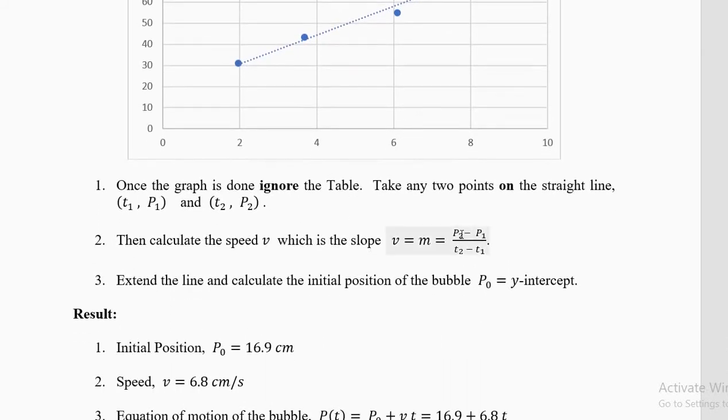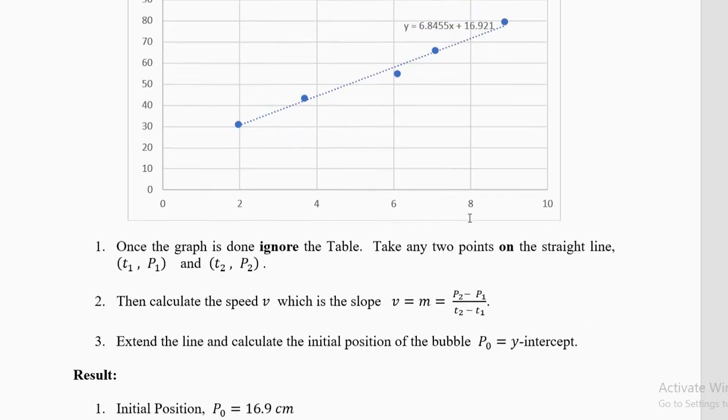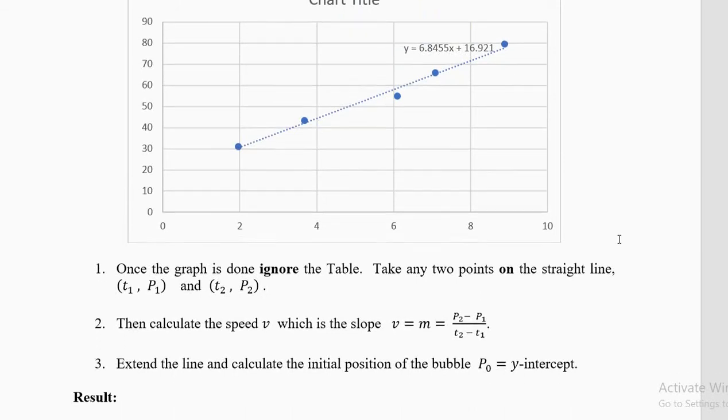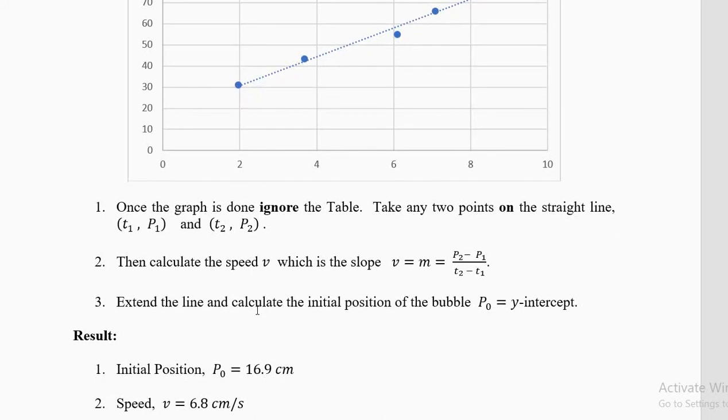Now calculate the slope. What's the value of the slope? Slope is y2 minus y1 divided by x2 minus x1, or you'll say delta y by delta x. Or in your calculus you'll say dy by dx. So take any 2 points in the straight line. Straight line is a very special thing where you can take any 2 points. In other things, you cannot do that. You have to do it slightly differently. We'll discuss it some other time. The calculus teacher will tell you more about it.